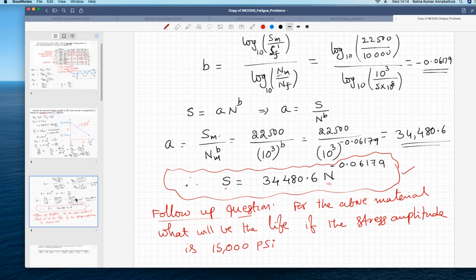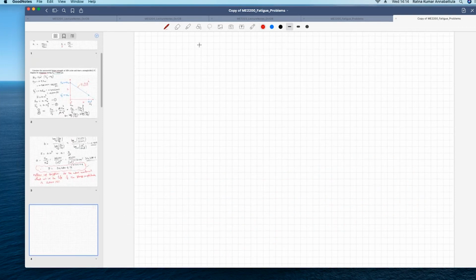So all that you need to do is solve that problem. You need to find out N at S equal to 15,000